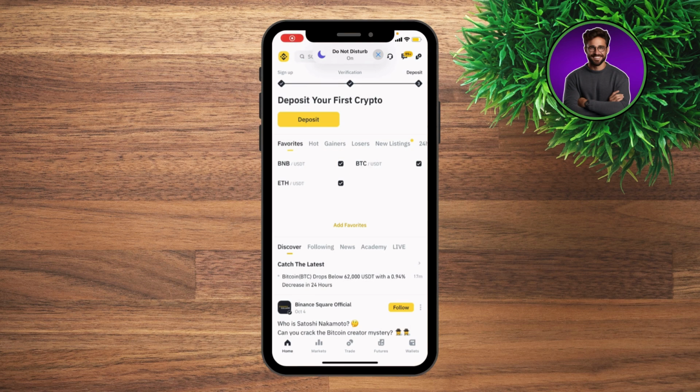How to redeem gift card on Binance. So first of all, what you need to do in order to redeem a gift card in Binance, go and log in with your account. Now what you're gonna do, you're gonna click the Binance logo at the top left right here,